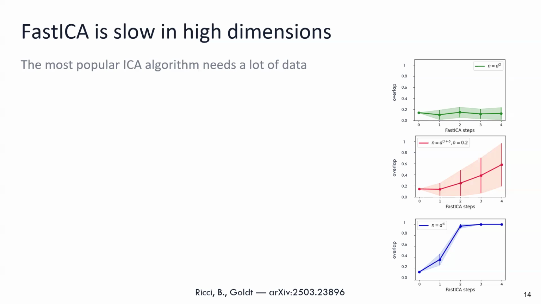So it's one of these cases in which simulations don't really tell you, because we have to run this in a finite dimension, but we want to know what happens in the infinite limit. So this is kind of a blurry case. And then this is the case where we can confidently say that if we have d to the fourth samples, then we're learning for sure. And in 2 steps, we reach overlap 1.